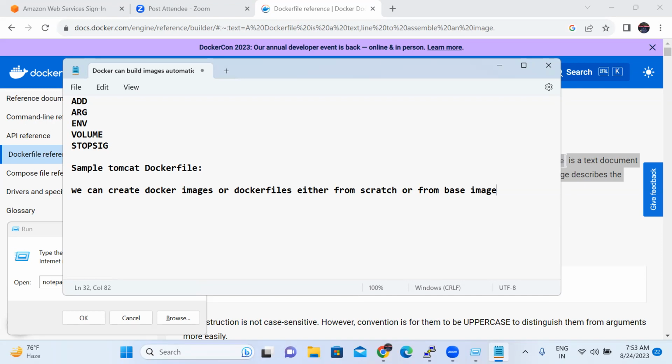Either from scratch or from base image. What is the meaning of base image? That base image is where we already have the Tomcat image, right? So now from Ubuntu, from default,